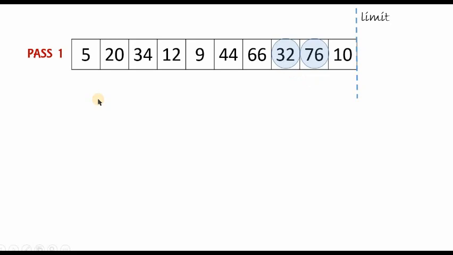Since 76 is the largest element, it needs to be swapped with every other element that it is compared with. From the beginning, we went on checking the pairs of elements and we arranged pairs of elements in order. With this, we come to the end of the first pass, and at the end of the first pass, we can see that 76 is the largest element in the list, and it has come to its rightful position in the array, that is the last position in the array. Here you can see another line called the limit.